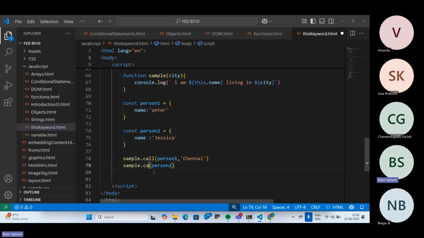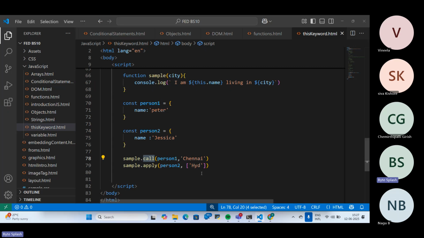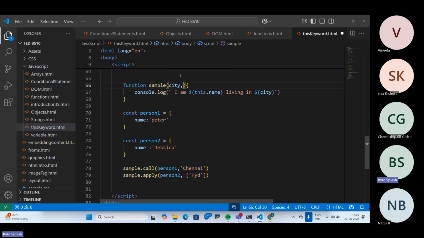If I'm using apply, this time we need to pass the same arguments like an array. But see, if it is call, again you need to pass a list of arguments. If you have a list of arguments, city, course,